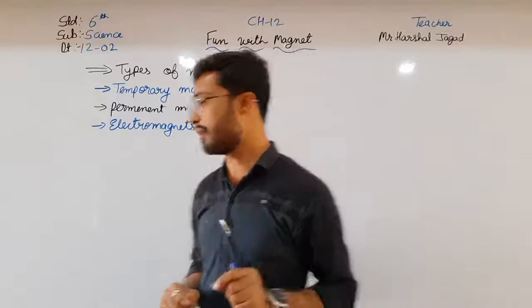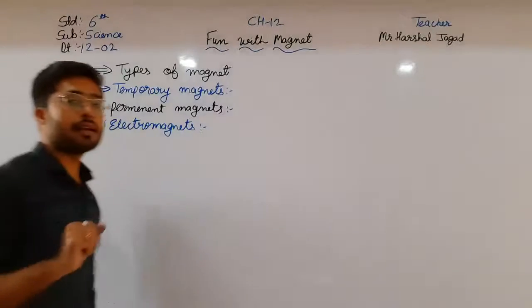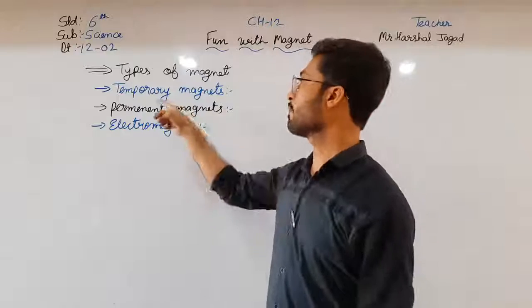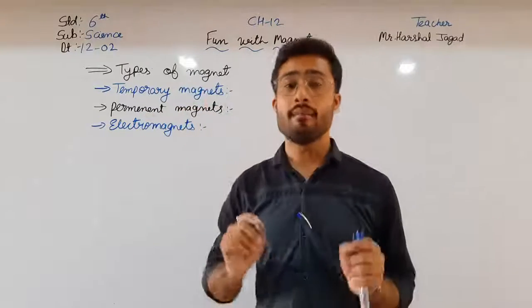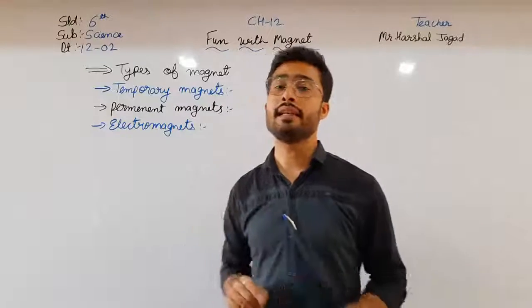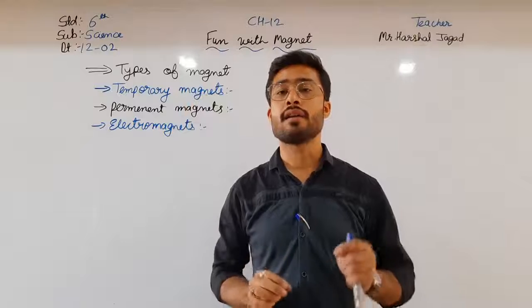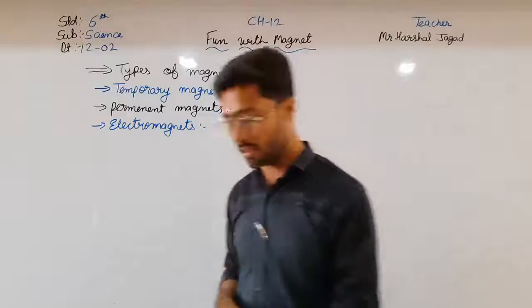Then we have seen the types of magnets. In that we have seen the three types: temporary magnet, permanent magnet and electromagnet, but we haven't seen them in detail. In detail we will see in the next video. We have just told the basic things about it. So in your homework, what you have to do is,